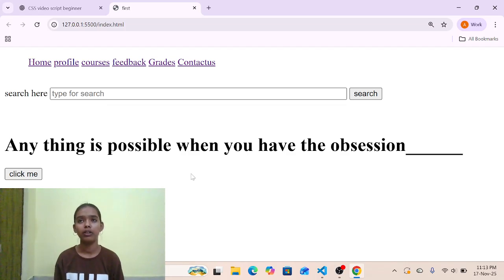First, I can explain why we use CSS. We use it because we want to make our web page stylish and beautiful. Without CSS, you can see my project like this.